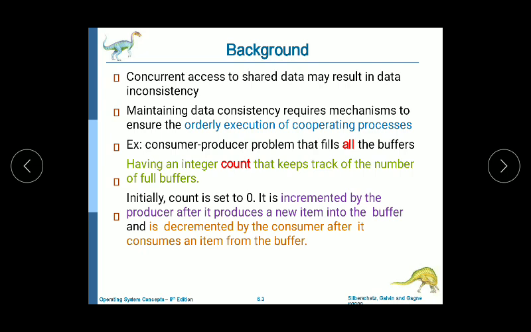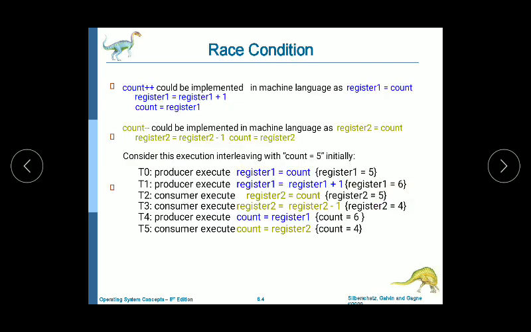One possibility is to add an integer variable counter initialized to 0. Counter is incremented every time we add a new item to the buffer and is decremented every time we remove an item from the buffer. Now, how can this incrementation and decrementation be done? So, counter plus plus can be implemented in machine language